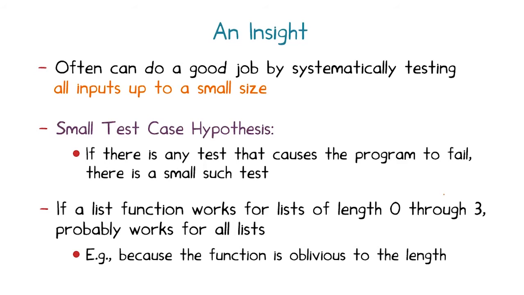Recall that we made a similar assumption with respect to bug depth in testing multi-threaded programs using fuzzing. If there is a concurrency bug in a program, there is usually one with small depth of size 1 or 2. Again, this led us to focus our testing on a smaller search space while maintaining good concurrency bug coverage.